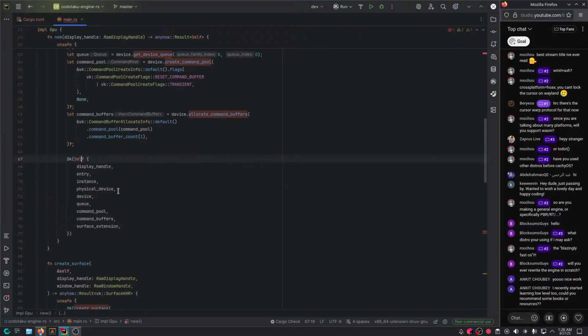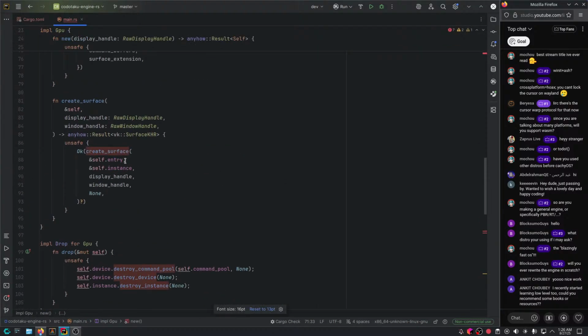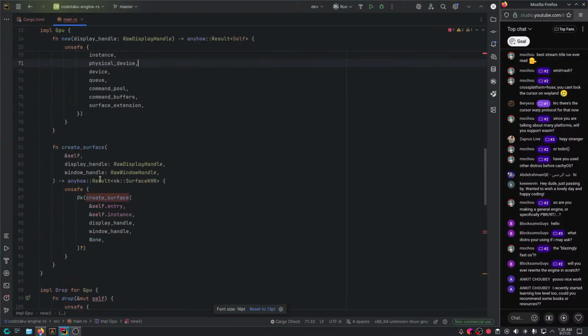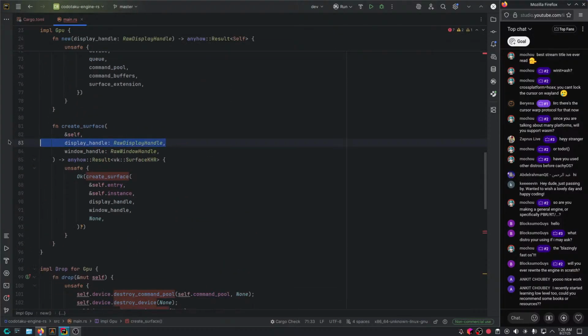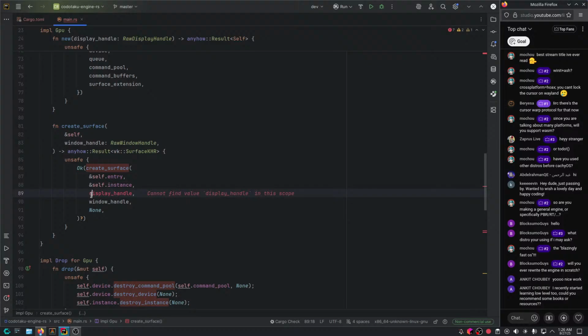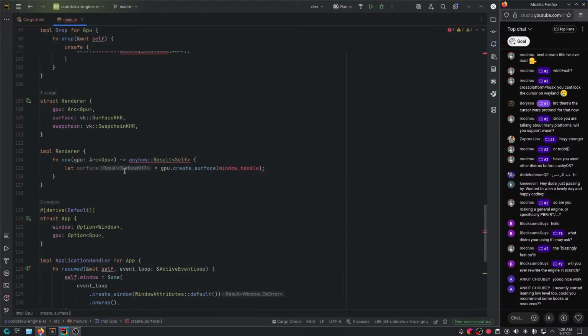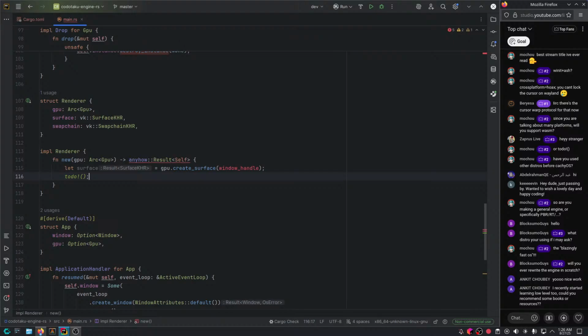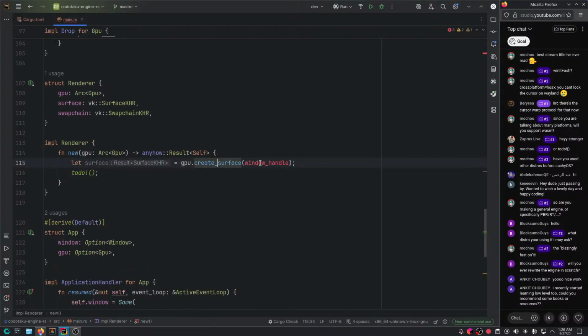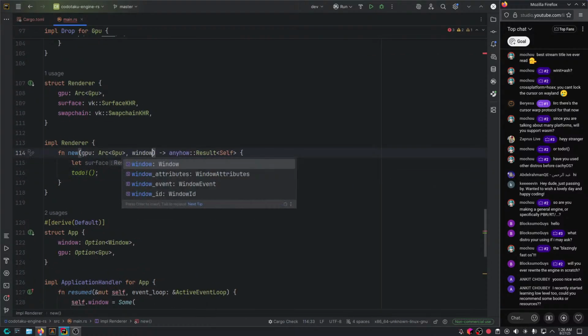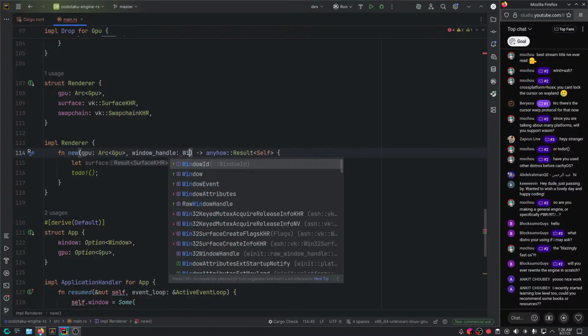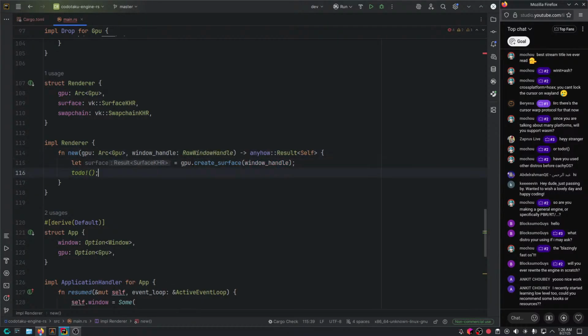If there's any problem, then we're gonna fix it, pretty much. Other than that, here right now in create surface, we don't need this. We could just take it from self. And now here in where? Here, I guess. Yeah. So let's just say todo right now. And GPU creates surface, and here we just need the window handle. So this is like your raw window handle, I think. And there we go.